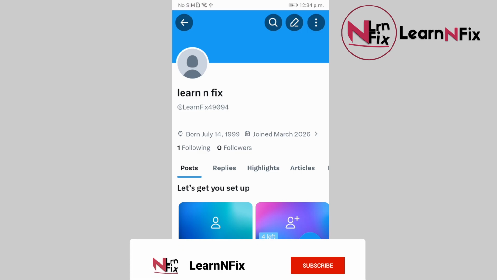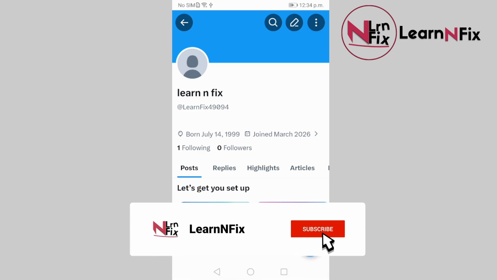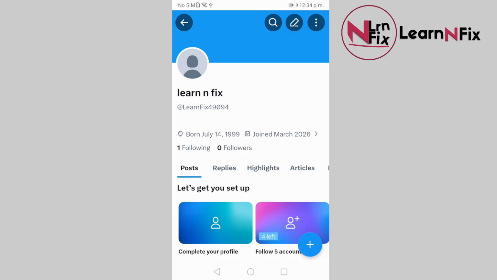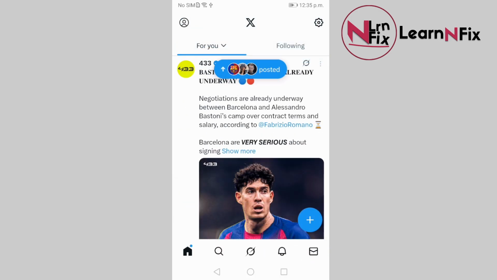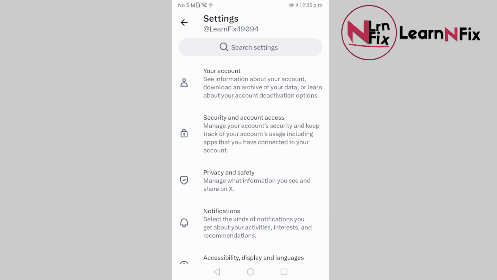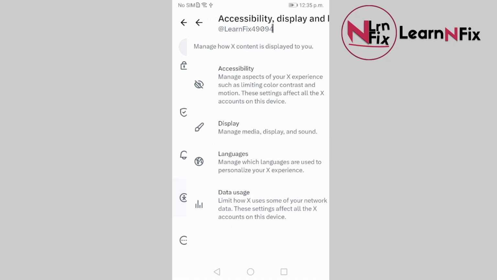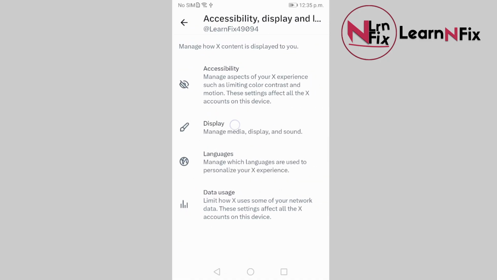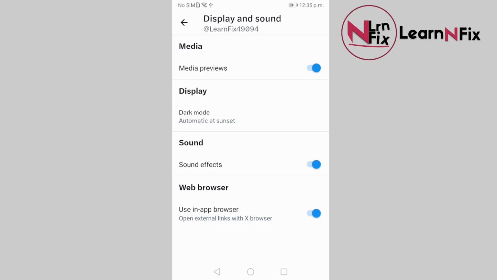In this video, I'm going to show you how to change Twitter/X display color and dark mode. So first you need to go to your Twitter account, click on your profile at the top left, click settings and privacy. Over here click on accessibility, display, and then click on display, and here is where you go to